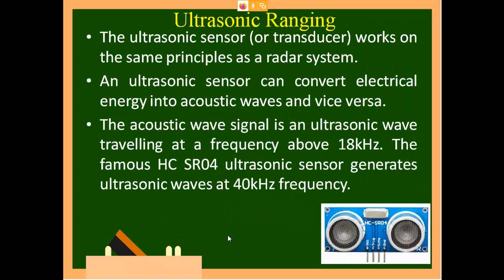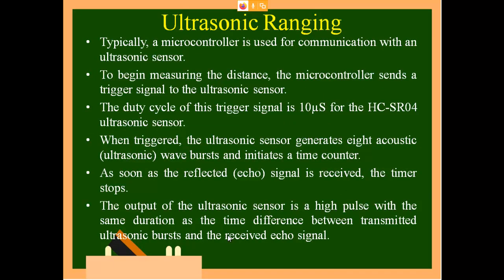Then ultrasonic, we all know that there is a small change. Radio frequency can be easily disturbed, ultrasonic cannot be disturbed, it is of very high frequency, similar to 18 kilohertz. There is a module called HCSR04, that is an ultrasonic generator. It will generate the signal, transmit it and receive it back. The time taken will be noted, divided by 2 will tell about the distance of the object.